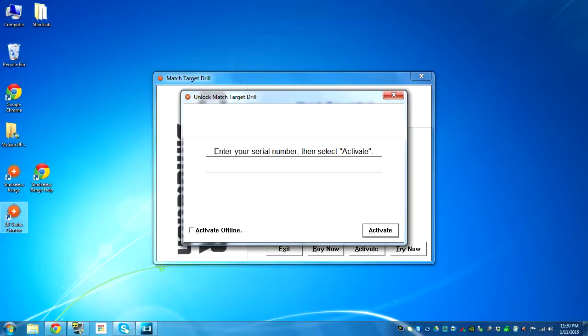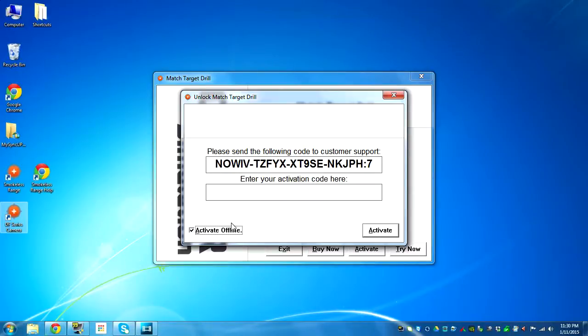Now if you're online, you'll be able to click right here and enter your security code that came with your system. If you're not online, then you can click this box here for Activate Offline, and then what you'll need to do is copy this whole line, and then you'll need to paste that into an email and email that to Laser Ammo,